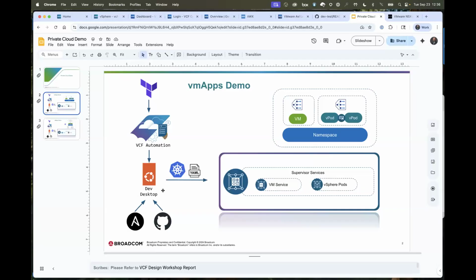Well, yeah, we have customers that use Ansible, so we need to be able to show that integration, and it definitely integrates into the product. So I love it. It works very well. We also are going to seed that desktop with an SSH key so that I can clone a GitHub repo, and then that's going to provide my developer some YAML scripts that I can hit the supervisor with, whether that's a VM or some vSphere pods, to deploy both of those into a namespace that's configured for that developer.